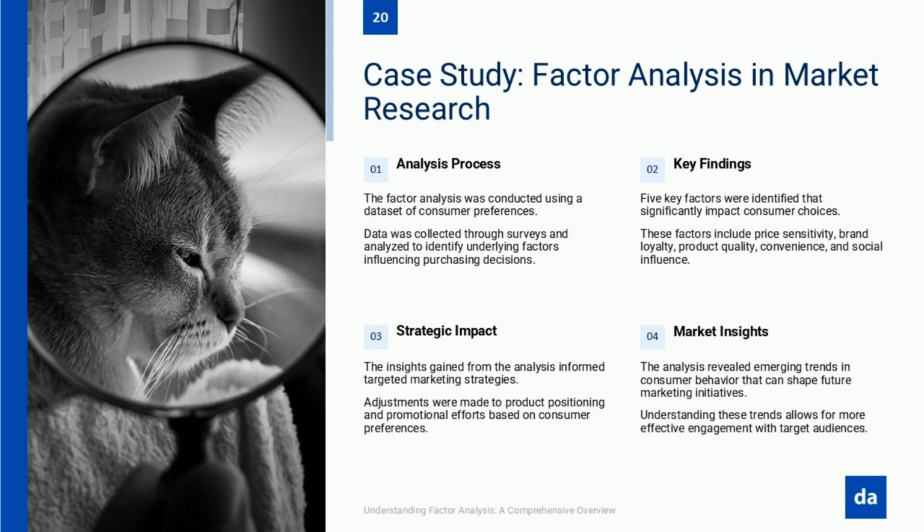Instead of analyzing each factor separately, they ran a factor analysis and found that all responses clustered into five major consumer motivations: flavor enthusiasts, consumers who prioritize taste above everything else; health-conscious buyers, those who focus on ingredients, sugar content, and organic labels; brand-loyal consumers, shoppers who stick with trusted brands regardless of price; budget-driven buyers, price-sensitive customers who look for the best deals; trend followers, people influenced by social media, packaging, and new